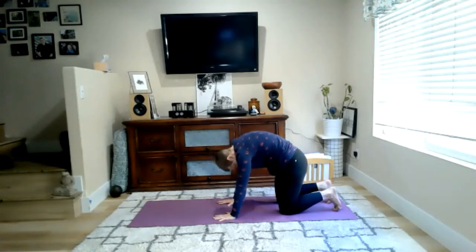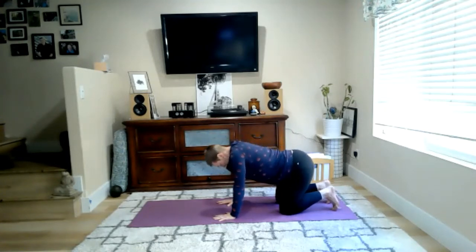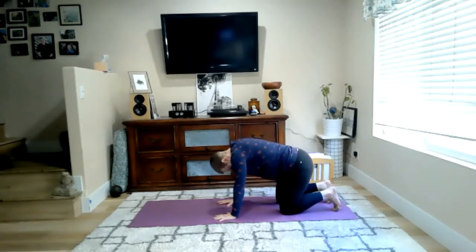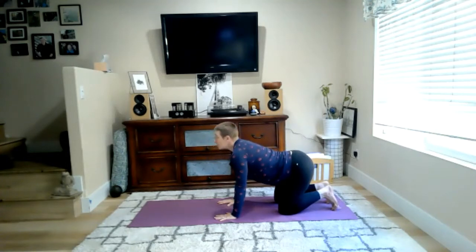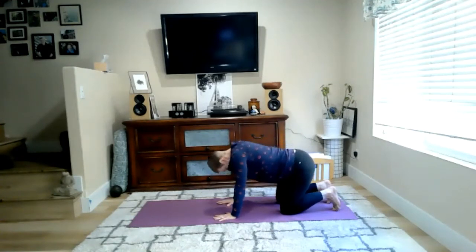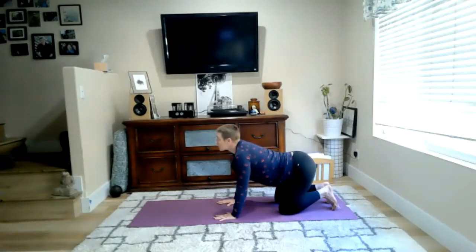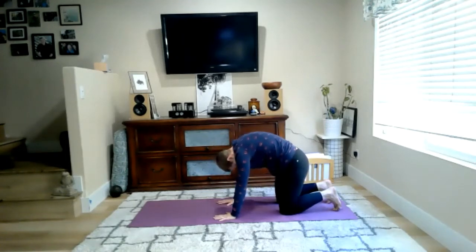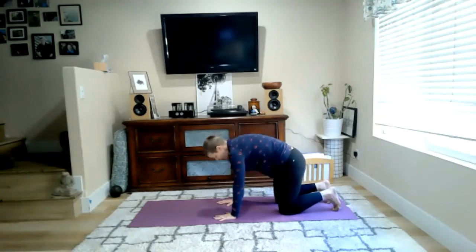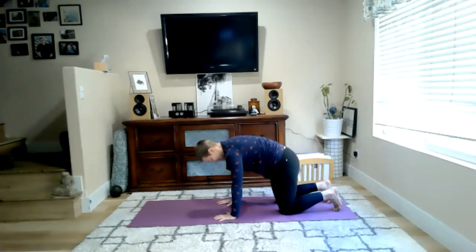And we'll just move with our breath at our own pace, moving deliberately and with care. Do one more cat and one more cow. And we'll meet together in that tabletop again when we are ready. Good, strong back here,